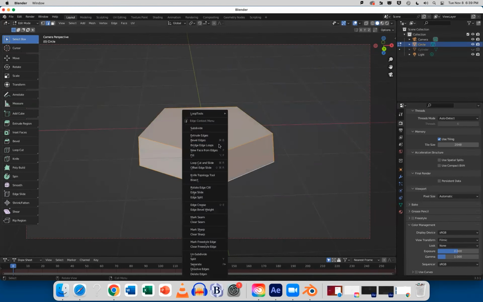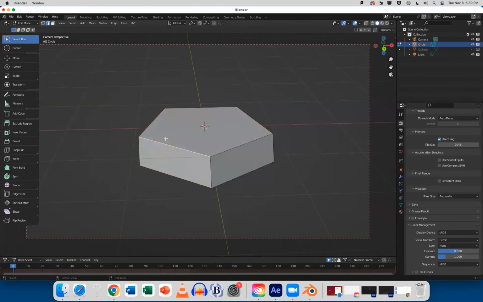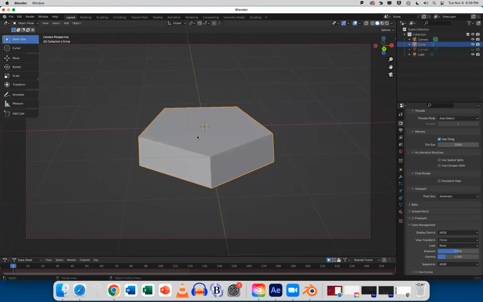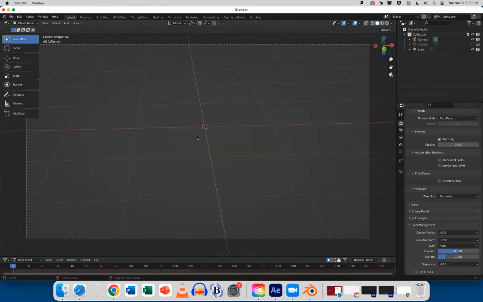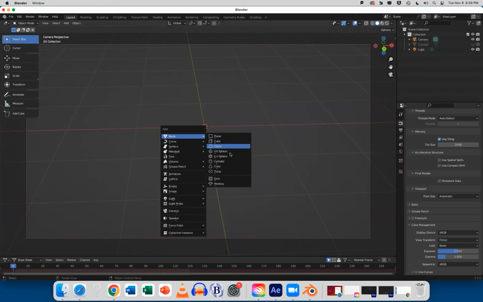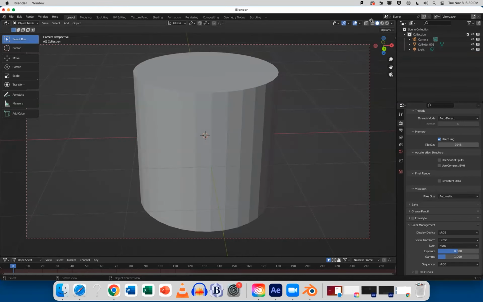All right. I'm going to hit A to select all. I'll go back to my object mode. All right. I got it. X, delete. And I'm going to Shift A and add a cylinder. What Chris was doing up here at the top,